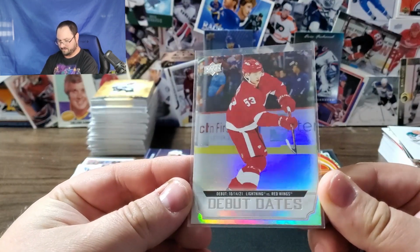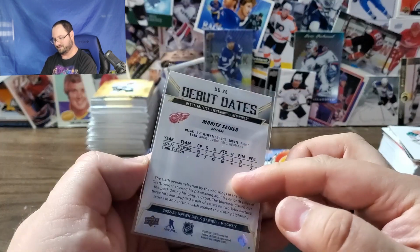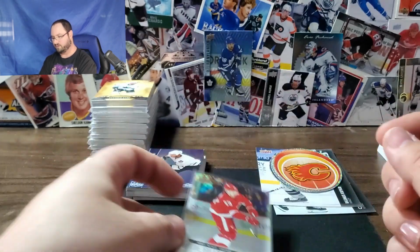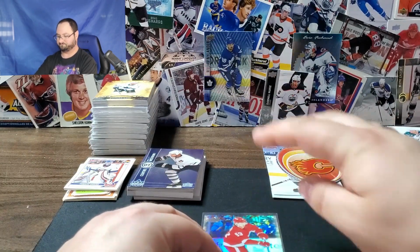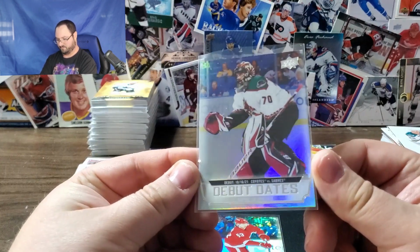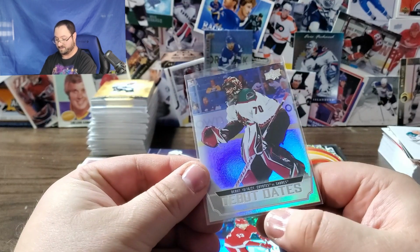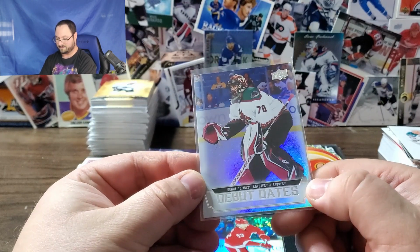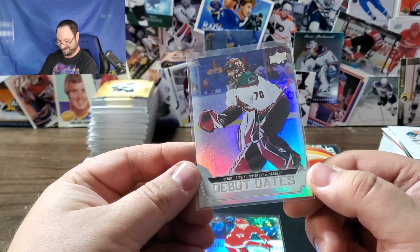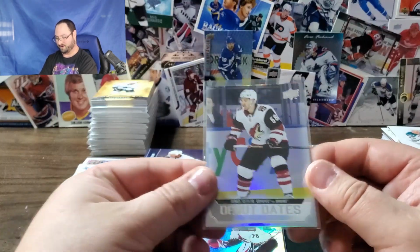All right. Debut dates. Really like these ones. I like this design. I know I tend to repeat myself an awful lot on this show, but I just say it as it is. Hard to see the name, though. I'll admit, for me, it's hard to see the name. It's typed in white font, not even bold, very thin, and I can barely see it. Sometimes I can just flip the card back there, but...